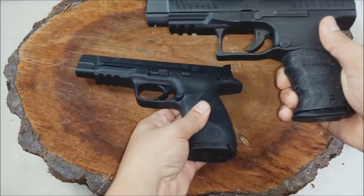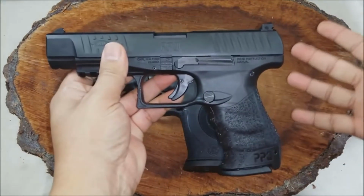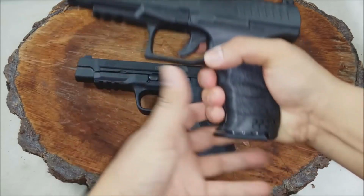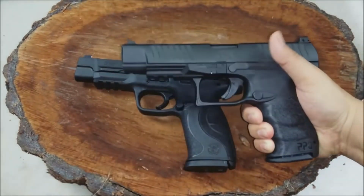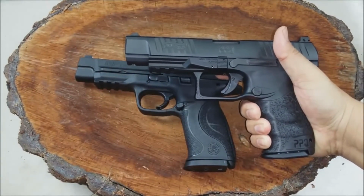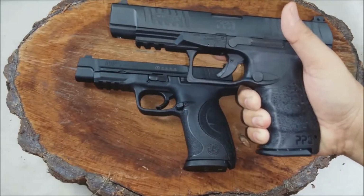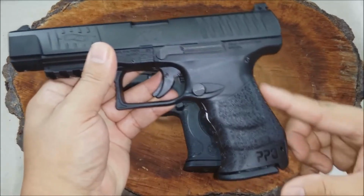Looking at the grips really quickly here, and I have relatively small hands, and that's the reason I like the Walther, is I can actually reach the magazine with one hand. So if you're going to be running competitions and you need to get really quick reloads, that's a really nice option to have. And I also think that the grip is a lot more comfortable because of the contours here